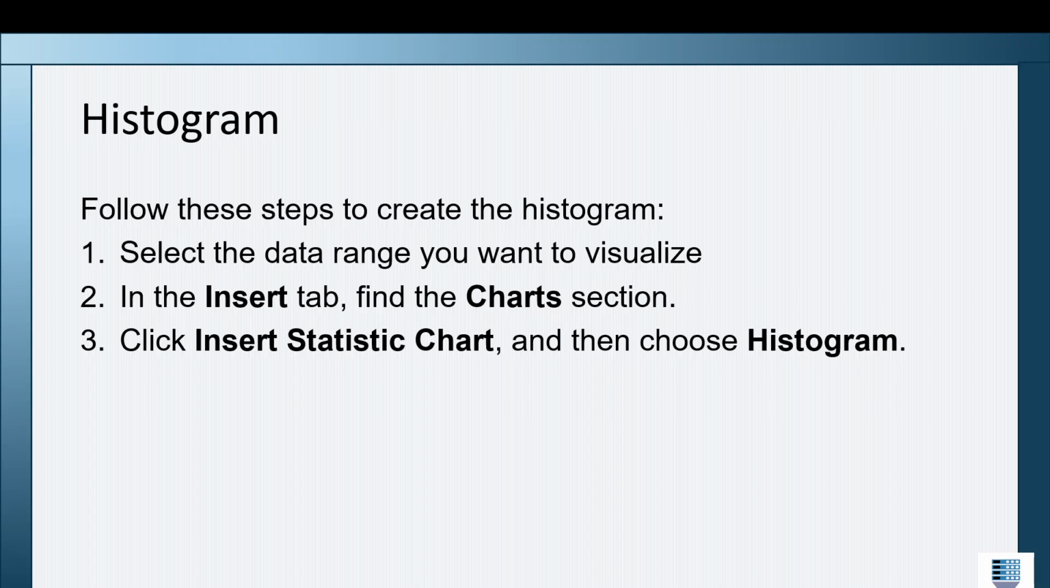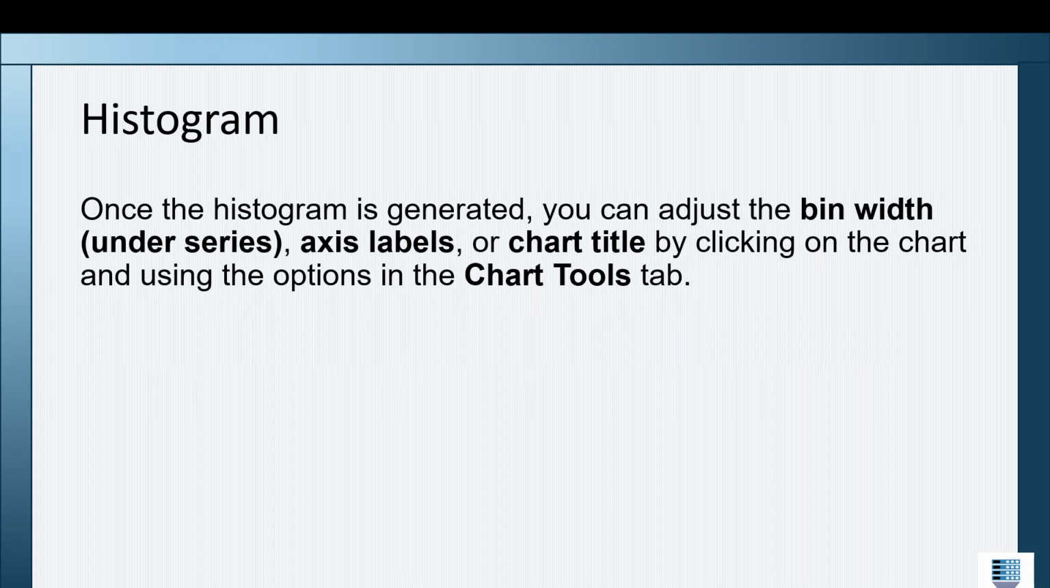So to create a histogram, again, you have your data set up in Excel. You're going to select your data range. Now this time we're going to actually do an insert chart, and we're going to insert a specific statistics chart called a histogram. And once we have the histogram done, we're going to adjust the bin widths, adjust the axes